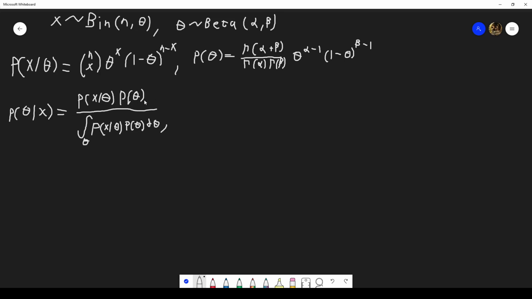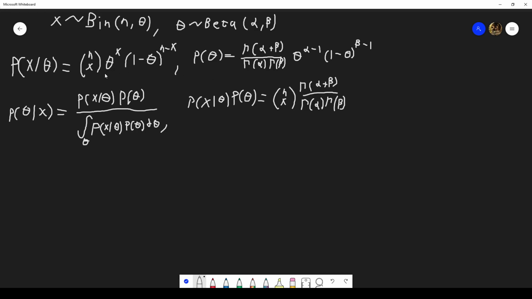So let's first get the joint density, which is simply the product of our likelihood and our prior. If we keep the constants to the left, well, first let me write this expression: p of x given theta times p of theta. This is simply n choose x, gamma of alpha plus beta over gamma alpha, gamma beta,